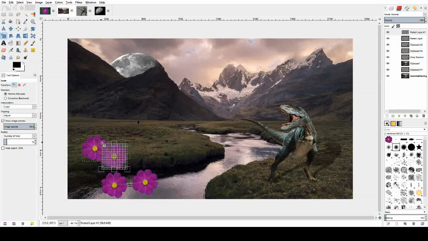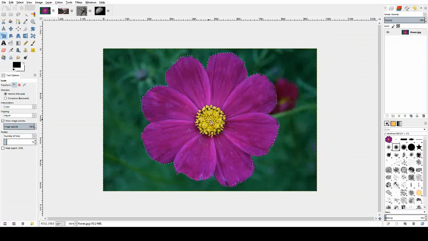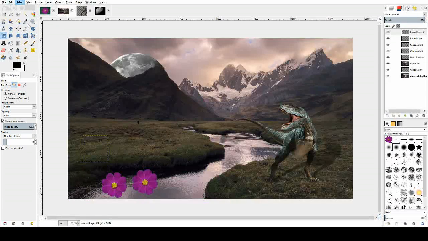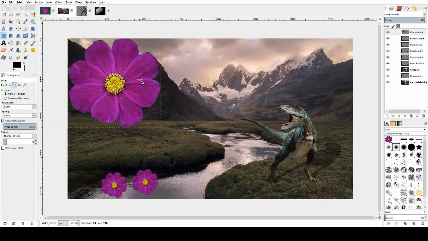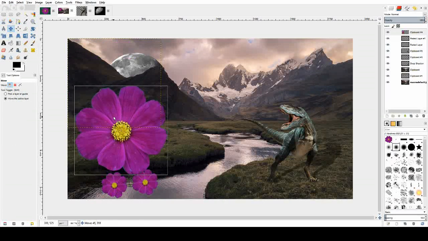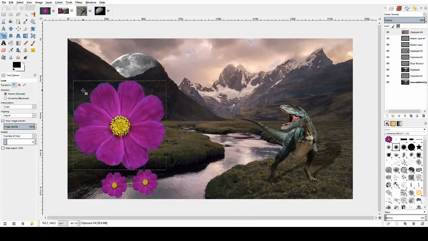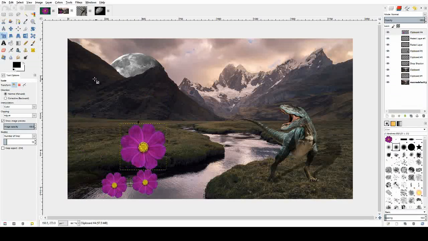And if we scale upwards, you'll notice that scaling upwards reduces the resolution on some images, and it's not as good resolution now, as you can see. So mainly you want to scale down. So if you just go back to your image, copy that again, go back to your composite image, paste as a new layer, and scale down. It is a much better way of doing it, because if you scale up, you just reduce resolution, it doesn't look good. So we'll make this slightly bigger than the last few, click enter,